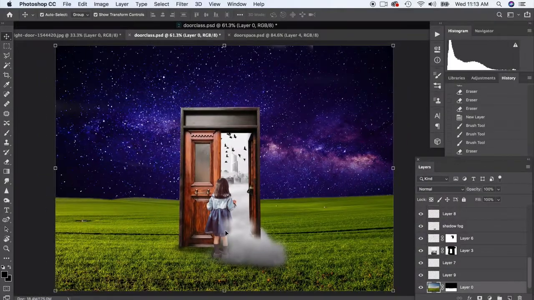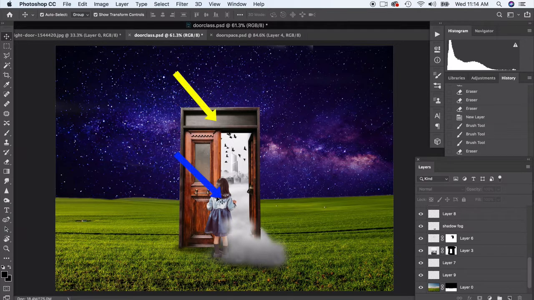And it depends on where your shadow is going to be cast. Right now the lighting source is ambiguous. There's not a direct lighting source at all. And you have the night sky, but you don't see a moon and you don't see a sun. So right now we have the choice to make our lighting source. If we want to have our lighting source, it looks like on the door it comes here, and on her it comes down as well. So we can commit to that type of lighting source, which is a top-down lighting source,